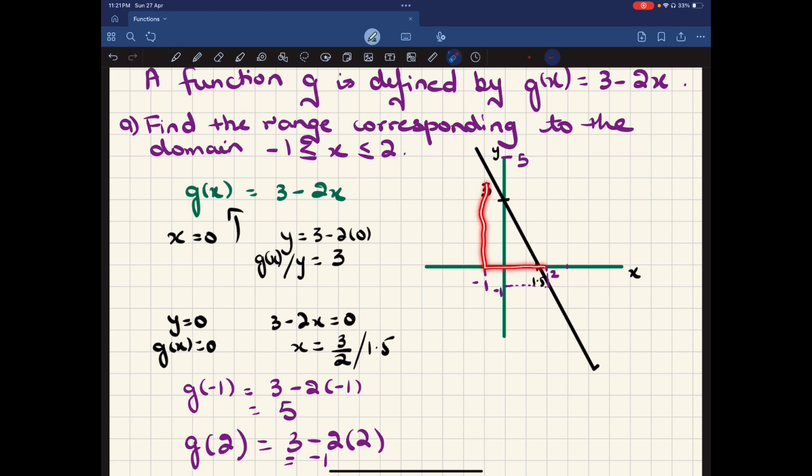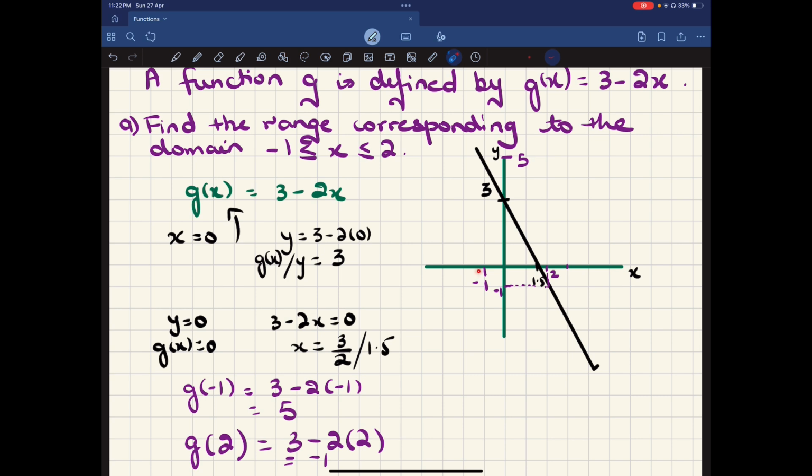These are your x values. So the maximum value is at -1, where your function is 5. Then for x equals 0, it's going to be 3, and then it's going to keep getting lower until 2, where it is the lowest, -1. Even though the function has a lower value after 2, all these points are not part of